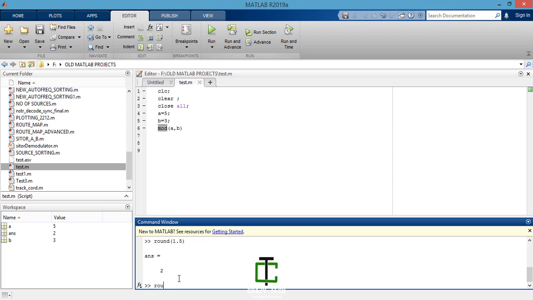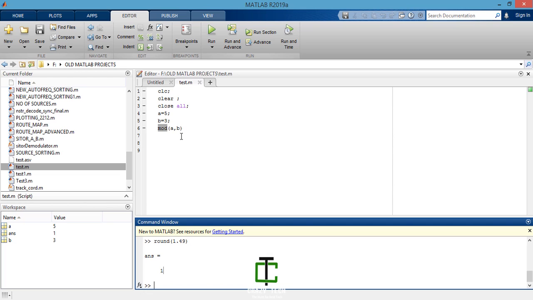What if I write 1.49? It gives 1. So it gives the next integer if the fractional value is greater than or equal to 0.5. If less than that, it gives the previous integer. Many times you will be using these functions in your program.